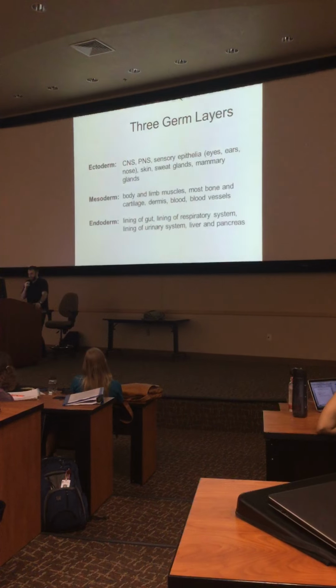Right. Okay. Endoderm is pretty easy. Endoderm is essentially your viscera, your organs. And then the lining of certain things, like the lining of your digestive system. And then mesoderm is like your muscle, your bones. I like to think of connective tissue in general, and it's really easy to remember that way because